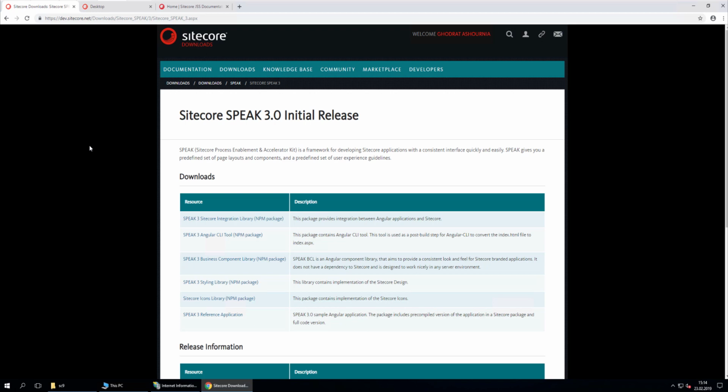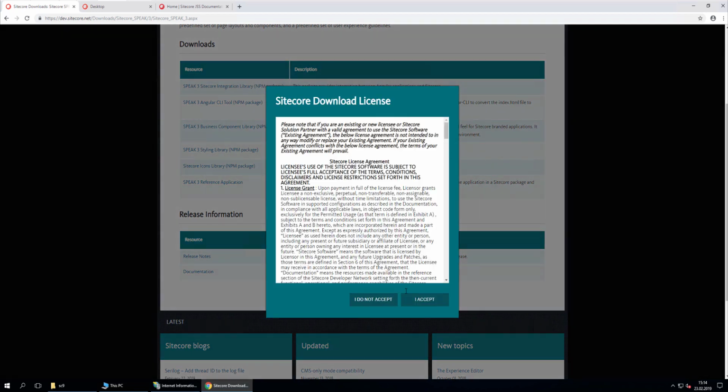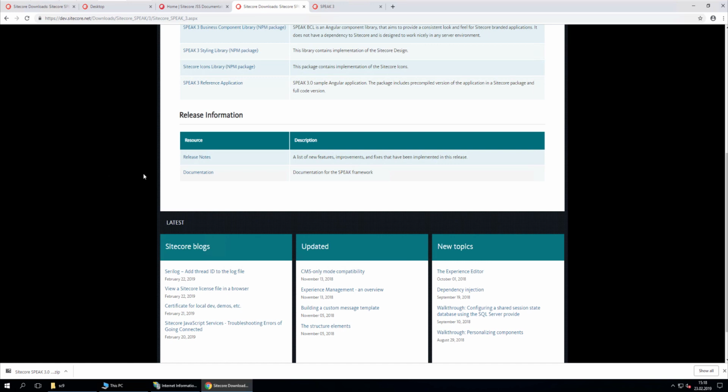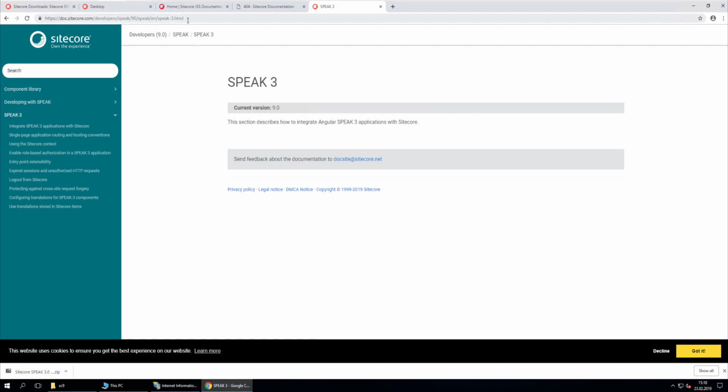On the download page, you should navigate down and download the Speak reference applications. You should know there is some error on the page and the documentation link doesn't work if you click on that. But you can find the Speak documentation under this link, and in here you can see the detailed documentation. After you have finished downloading,